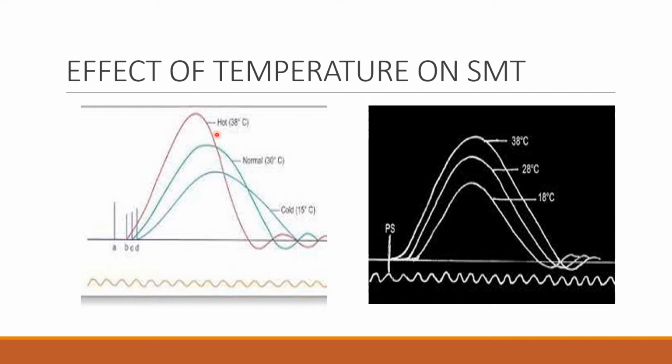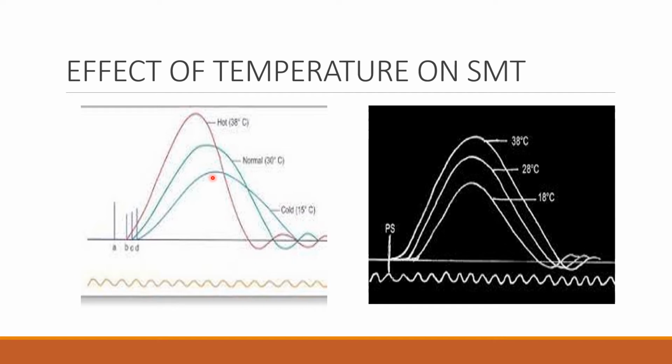Okay, so why the periods are decreasing means faster contraction and relaxation is taking place because of decreased viscosity of the muscle, and also if the viscosity is decreased, resistance will be decreased, so there will be faster movement of the stimulus. Okay, so the same applies to cold temperature.